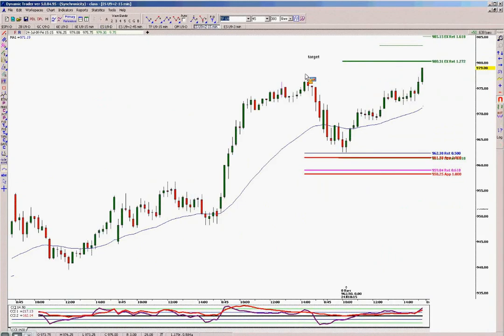Okay, it would start here. Now obviously you will get a quicker entry on a tick chart, and there were people who did take this trade. It was counter to the shorter term trend. It was counter to the larger trend, but it was a major extension. But the first indication on this particular chart, this is a 15-minute chart, would have been a break of the 972.25 swing low right over here.